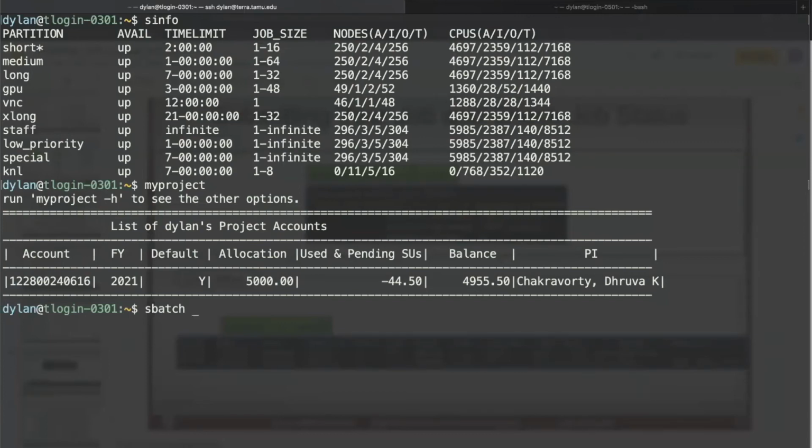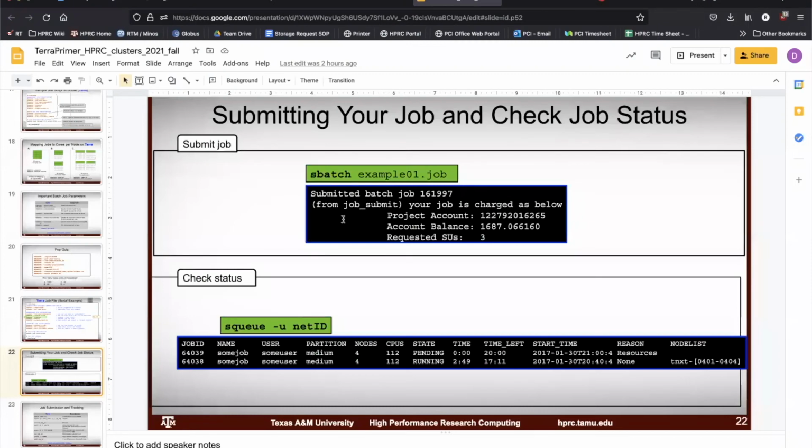It's smart to name them something like .job or .slurm, just so you know that it's a job file. When you do that, it's going to submit your job to Slurm, and this is what you'll see: submitted batch job, and then it gives you the ID. It tells you the account that you're going to charge and how many SUs it's going to take. And then to check the status of the job, so you could see whether the job is running or pending or if something's happening to it, the command is